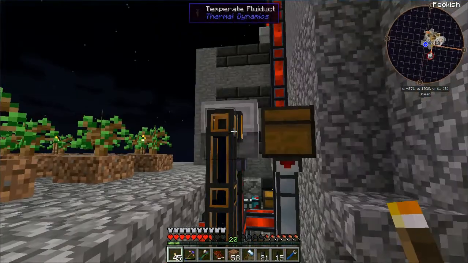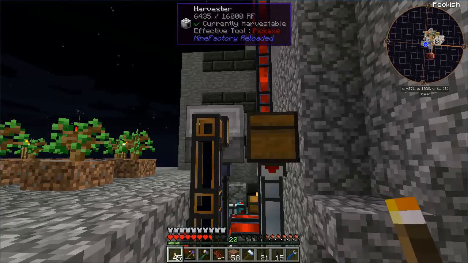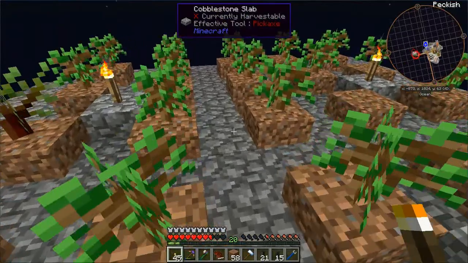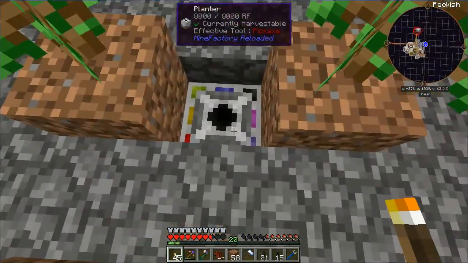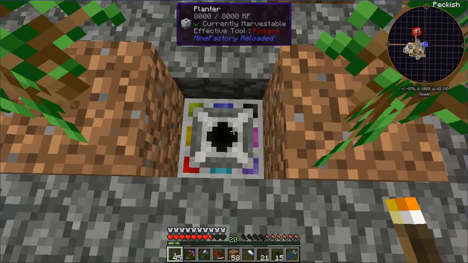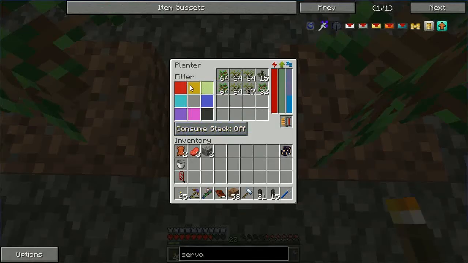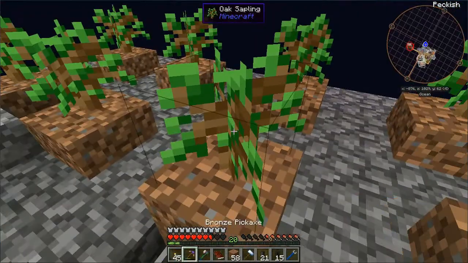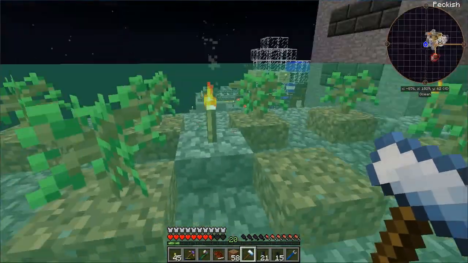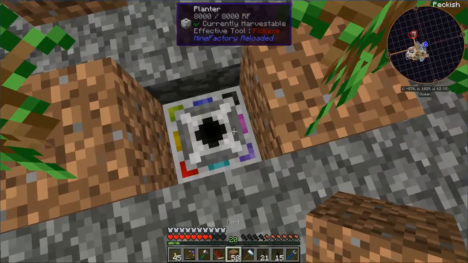Here we just observed how the harvester is very easily gathering up material, and I've added another block, an automatic planter, which is part of the Mine Factory Reloaded mod. And what that's going to do is, for now, randomly place down in this area, basically covering all these dirt blocks, it's going to automatically place down